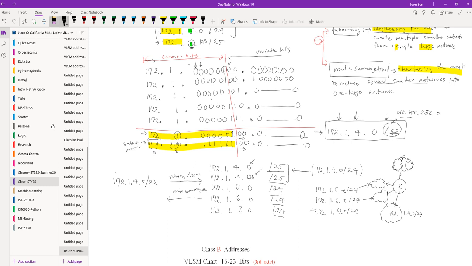So that means, in an in-depth treatment, you have another router, and then another small network, and another small network. This one is 172.1.4.0/25, and the second half is 172.1.4.128. Sorry, I said 0, but actually it's 128.